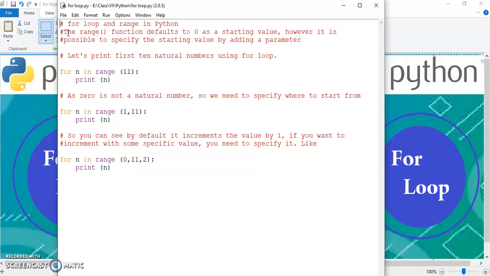The range function by default starts with 0 and it goes up to the limit that you specify, right? So right now, for example, I have specified over here 11, so it will go up to 11. It will start at 0 and it will go up to not 11, actually it will go up to 10, right? So if I want to make a program where I want to print first 10 natural numbers,